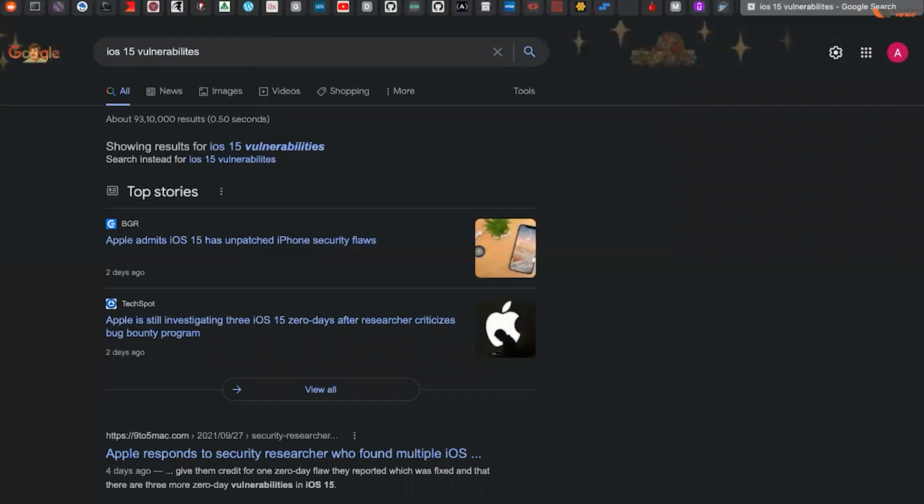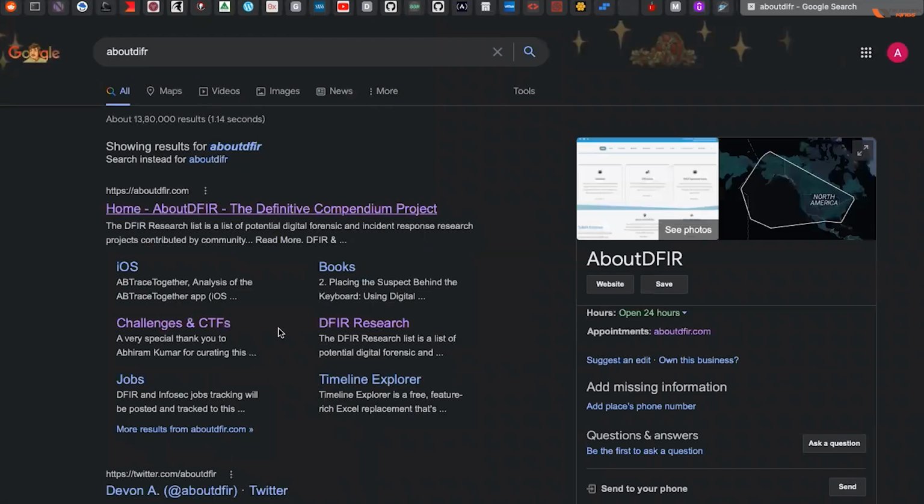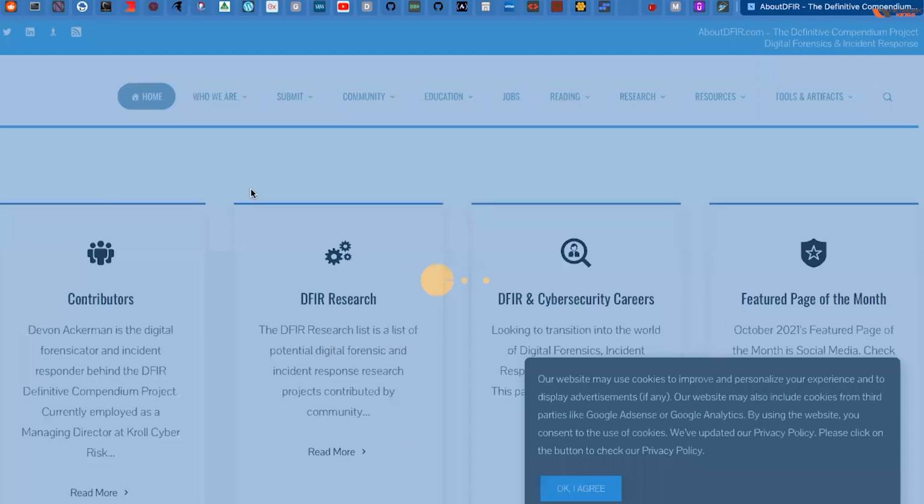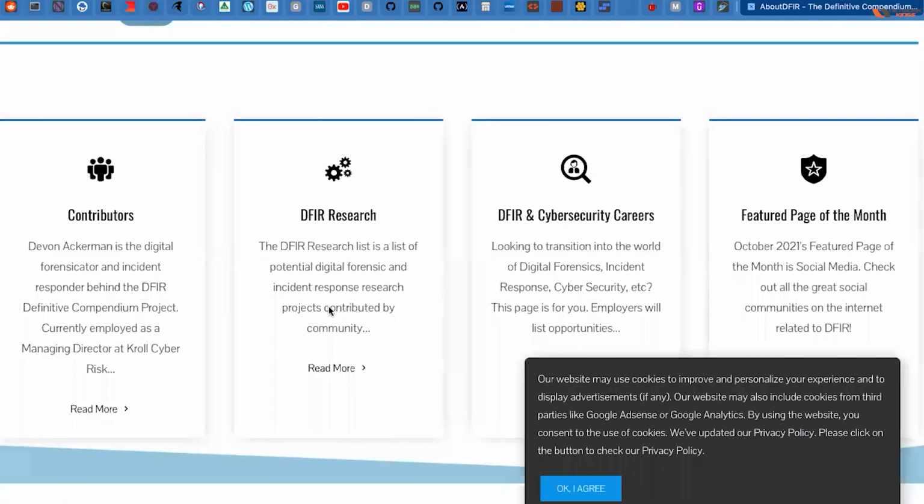This website is managed by a company from the United States that deals with cyber forensics. This is the list which will take care of all the recent cybersecurity case studies or cyber forensics case studies.